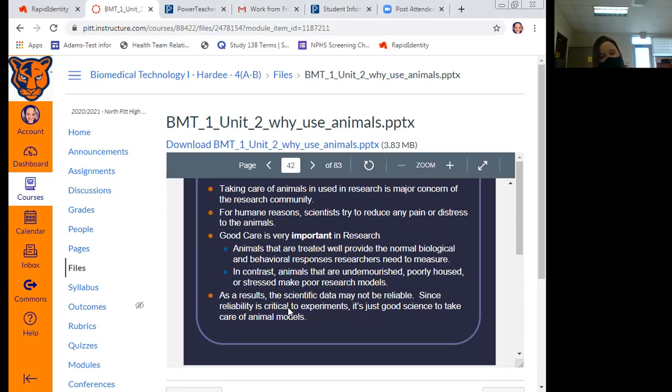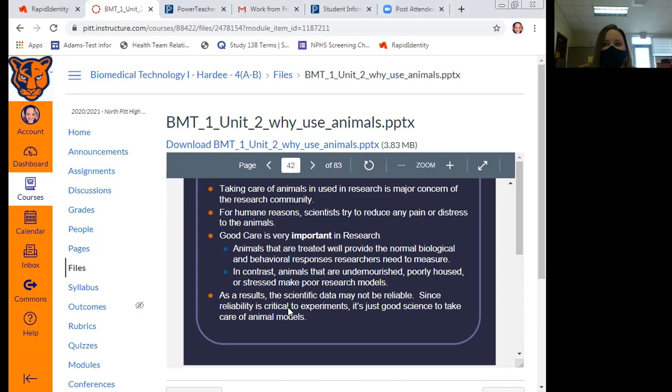It can react differently in a testing environment because it's either in pain, it's scared, it's in that fight or flight sensory response. Anything you want to add, Brayden? Absolutely. So the brain releases chemicals based on our body's responses to stimulus, which would be our body's response to what's going on. And if the animal is in a cage in an unknown environment, the animal is hungry, in pain, hasn't been taken care of, then it can 100% skew your data.